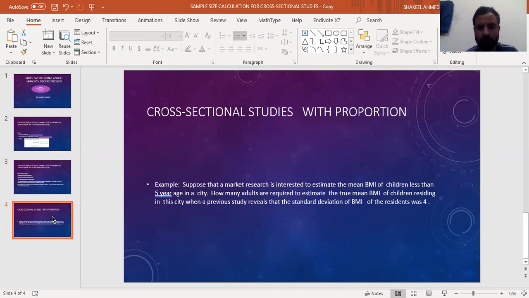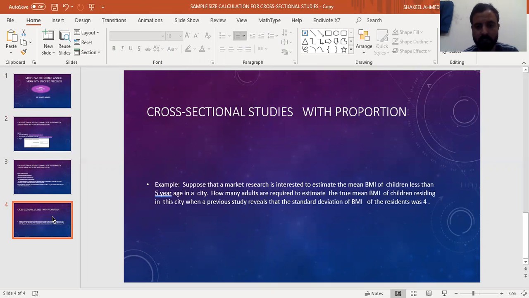Now we want to apply the sample size calculation problem to a real life example. Suppose that a market researcher is interested to estimate the mean body mass index of children less than age 5 year in a city. So the researcher is interested in finding how many adults are required to estimate the true mean body mass index of children residing in that city.